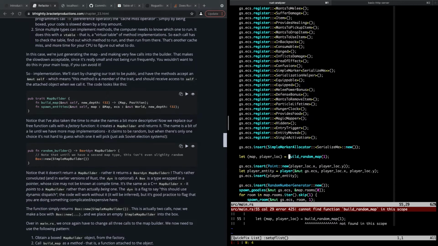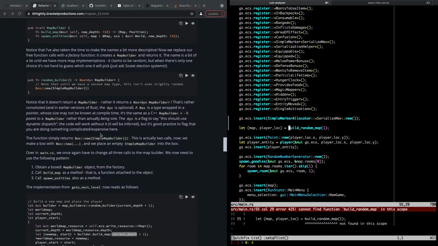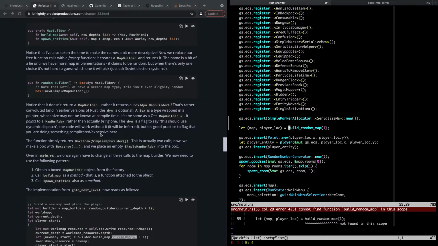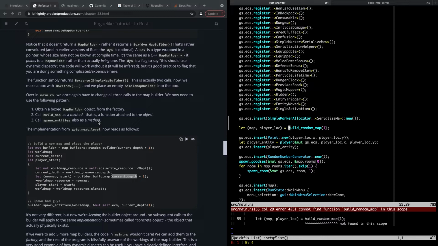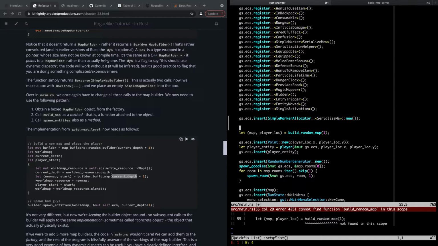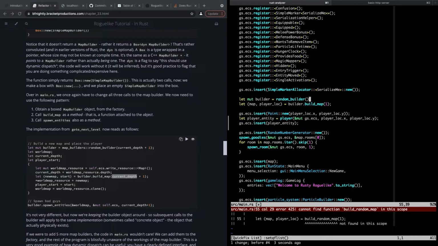And now we got to change this one. Okay. So all we have to do is call random builder, right? Or create a random builder. Right. So we'll just say let mut builder random builder like that. And we'll say builder.build map like that. That doesn't get a level. Oh, that does get a level. This is one that doesn't get a level. And then instead of doing this,